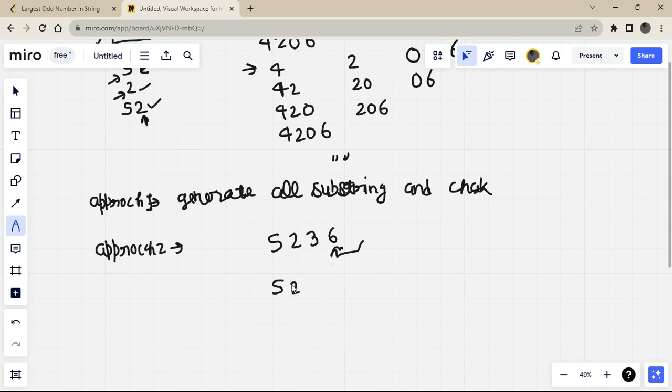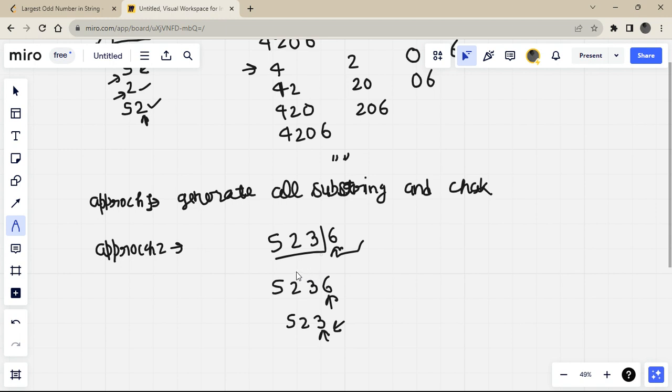The substring is even because the last character is even. If we remove this and take only 523, the last character is odd, that means the whole substring is odd. So which is the largest possible substring? If we go to the left side, the length decreases and so the value decreases.